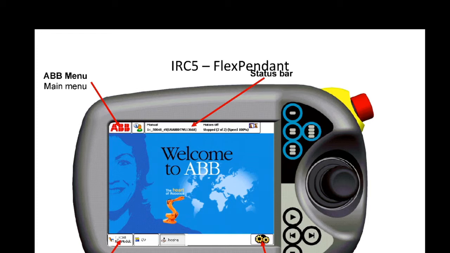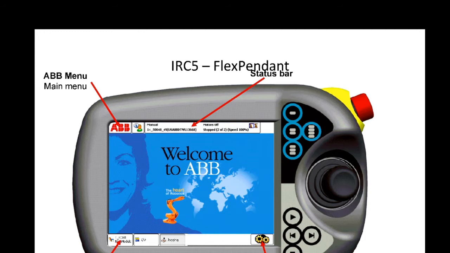If you have to write some language in a program, you need a laptop, right? The same thing, if you want to type something in your programming language, you need some device. That is the same thing the flex pendant is going to do. This is nothing but the keypad of the laptop, like that, the keypad of the robot. In similar language I am explaining, so you people know what the purpose of this flex pendant is.